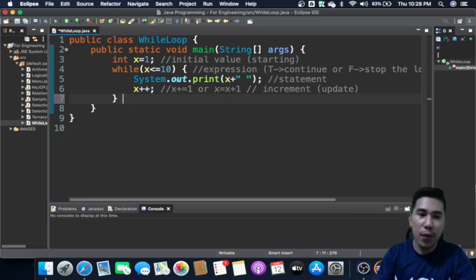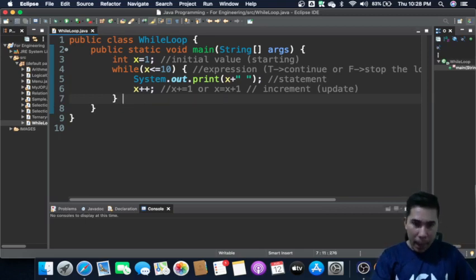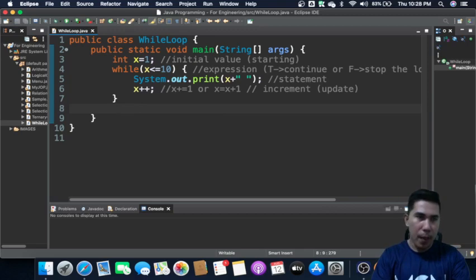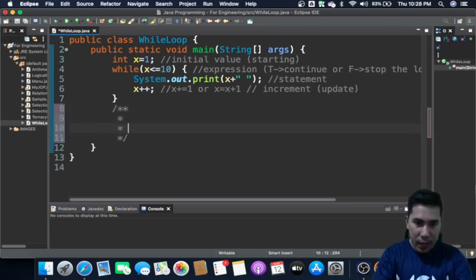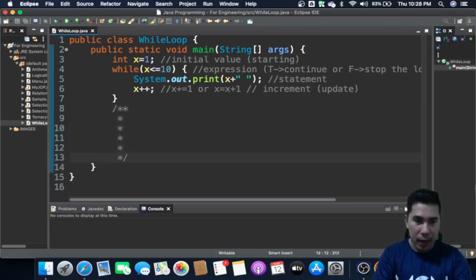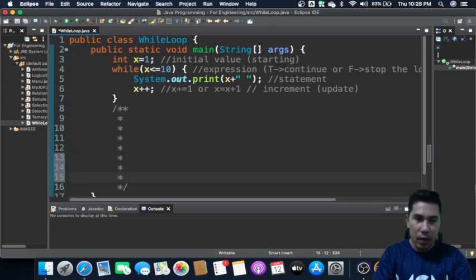So now, to give you a much more detailed view, let's trace the code. These are the things that are actually happening behind this code.